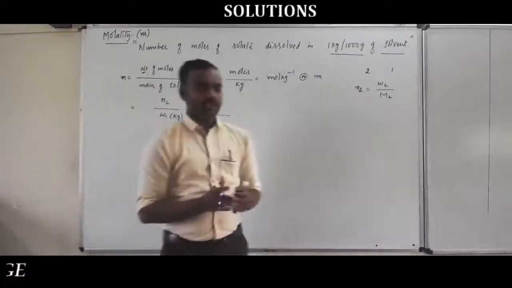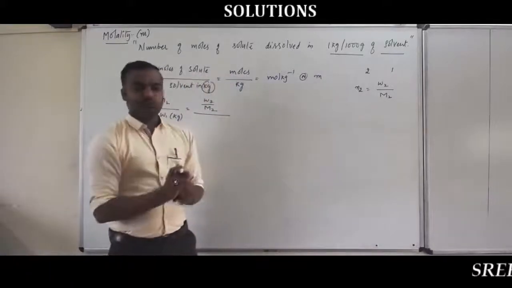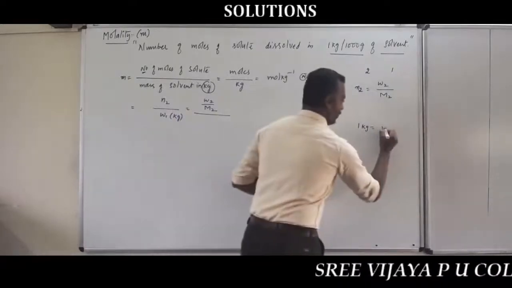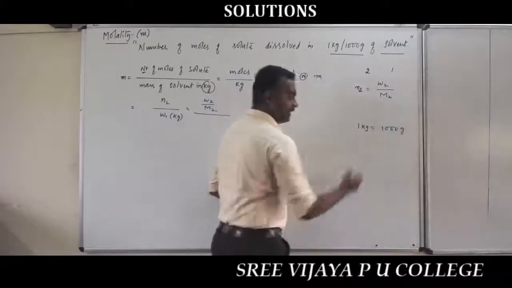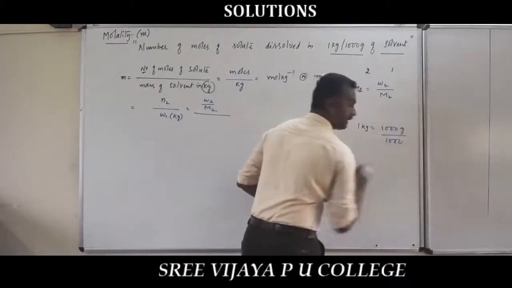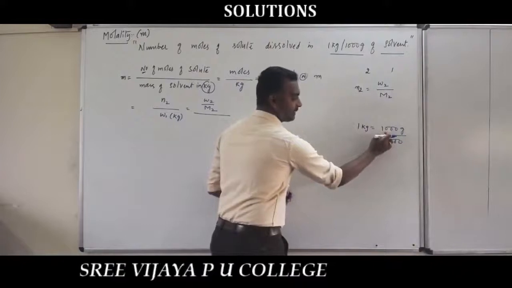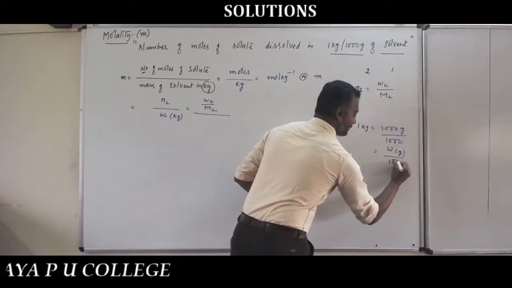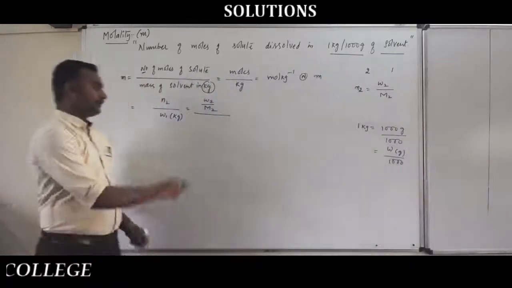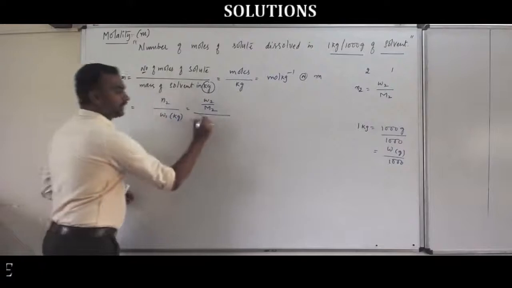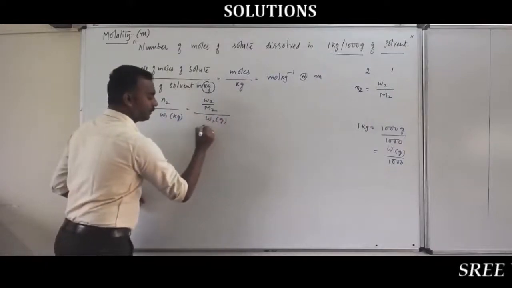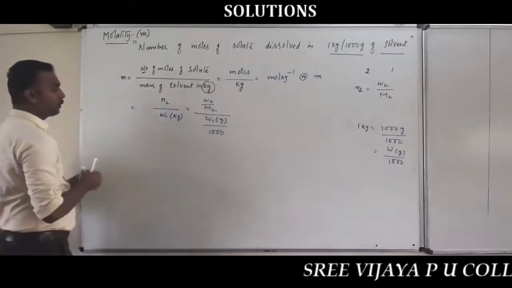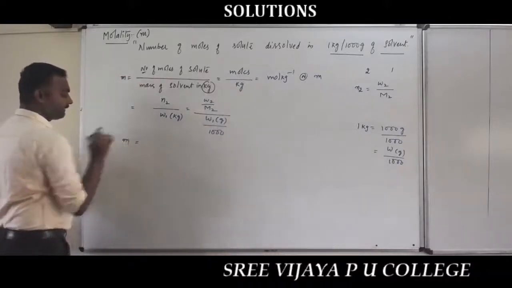Now, what did we do in the last one? We took liter in ml. Similarly, for example, 1 kg is equal to how many grams? That is 1000 grams. So we divide by 1000. Here we express mass in grams, so W in grams divided by 1000 gives kg. So mass of solvent in kg is mass of solvent in grams divided by 1000. So the final equation to calculate the molality of the given solution, small m,